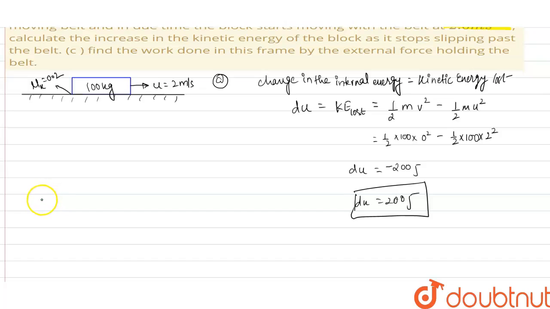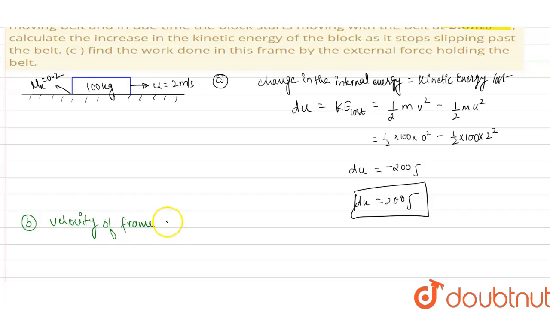Okay, so calculate the velocities associated with the system. Okay, so for the B part, the velocity of the frame of reference is given as